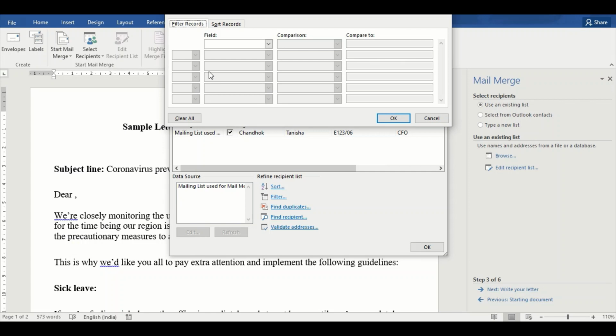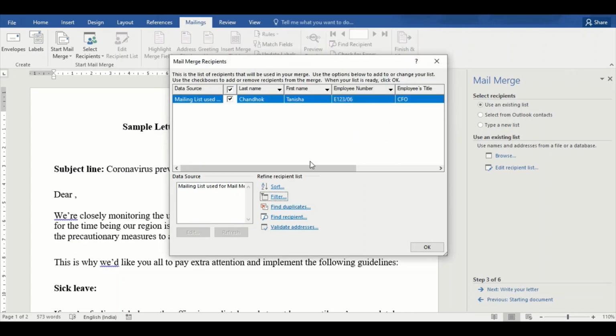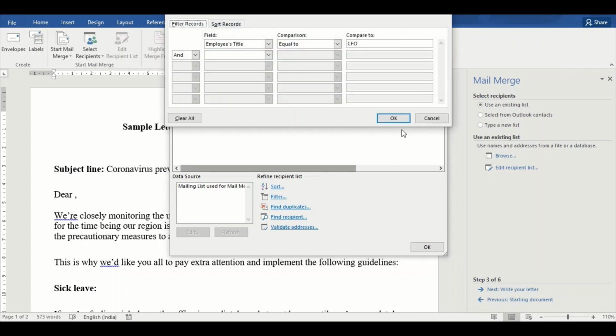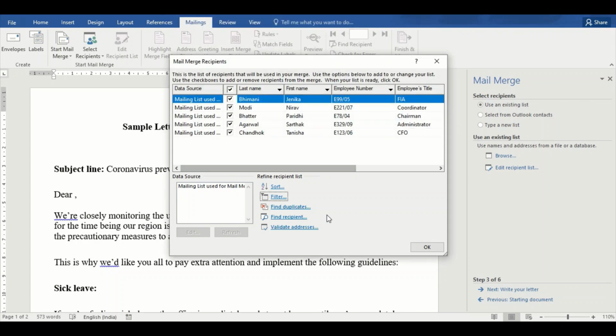I can filter the fields as needed by me, and suppose I want not the name, maybe I want employee's title, I only want the CFO here, so I can filter it and I get only that. I'm going to remove the filtering since it's not going to be required. I will show it with the whole list.